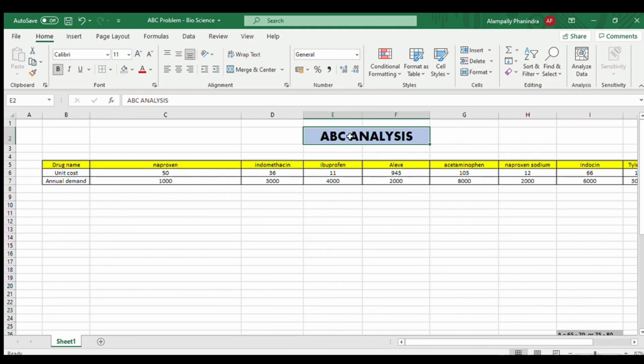So coming to this ABC analysis, firstly I will explain about this ABC analysis, and then I'm going to explain the problem, how to solve the problem in MS Excel. Okay. So ABC analysis is nothing but an inventory categorization technique, because it has certain types of categories in the form of ranks like A rank, B rank and C rank, or A category, B category and C category. So we are going to list some of the drugs under the A rank and some of the drugs under the B rank and some more drugs under the C rank.